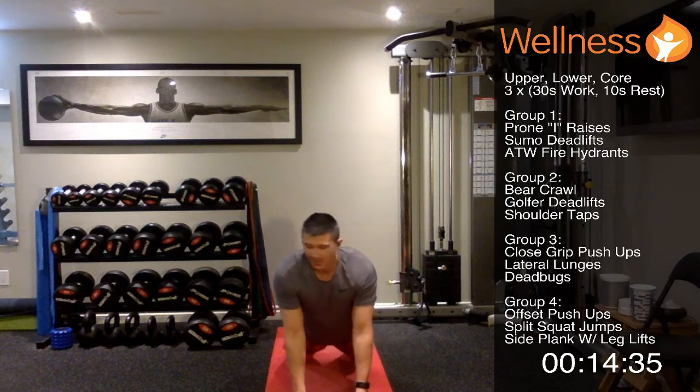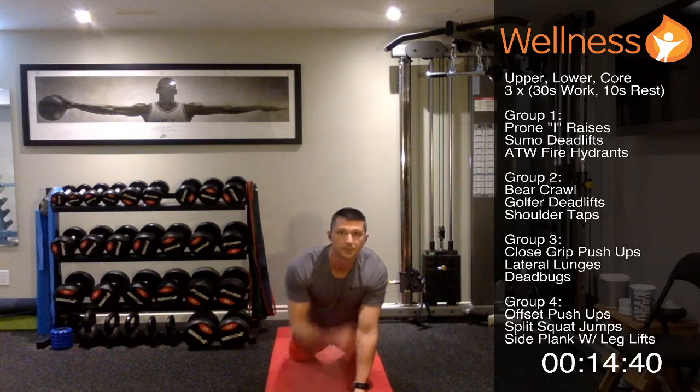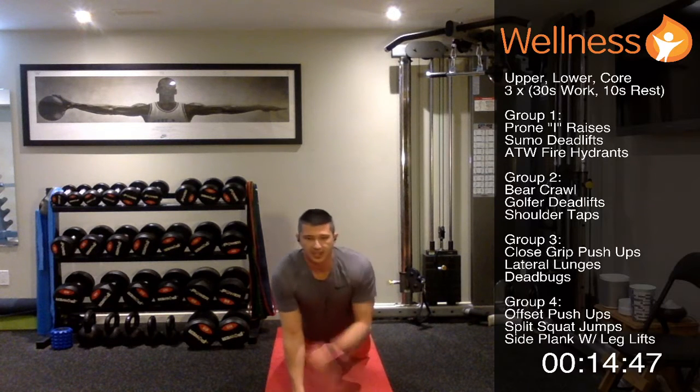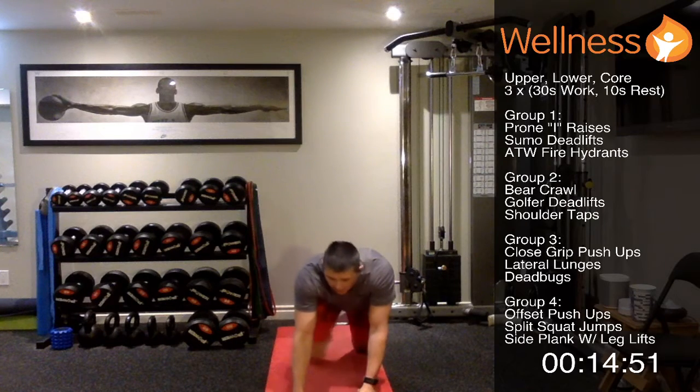If you keep your hips down and it's a nice straight line from your knee to your shoulder, this is still a pretty challenging core exercise. When you start letting your butt creep up in the air, you take everything out of it. And relax. All right, we're through group 2, so we're going to move on to group 3, which is a